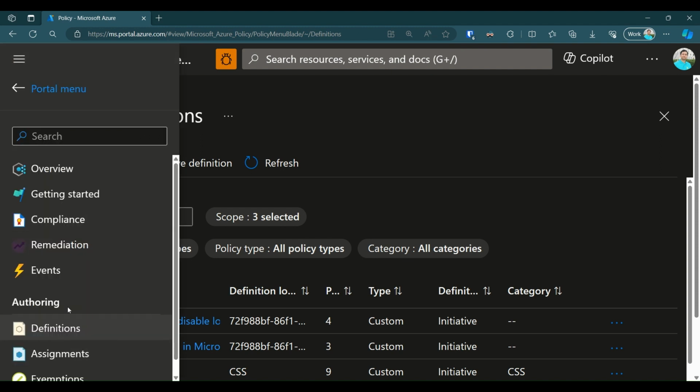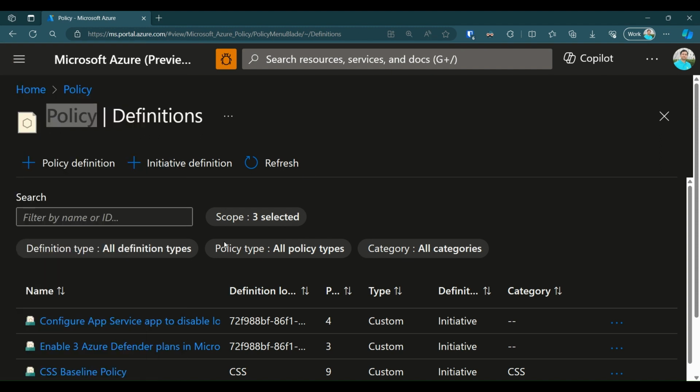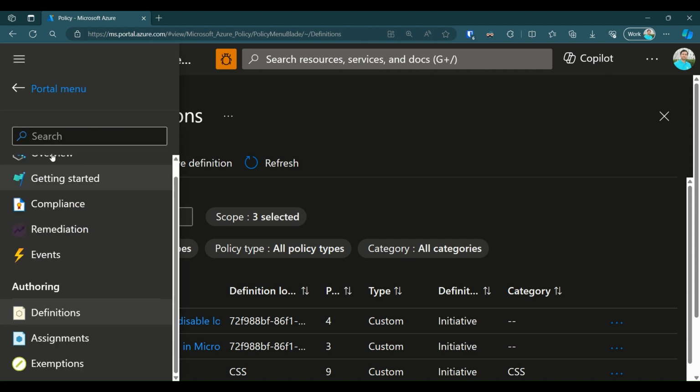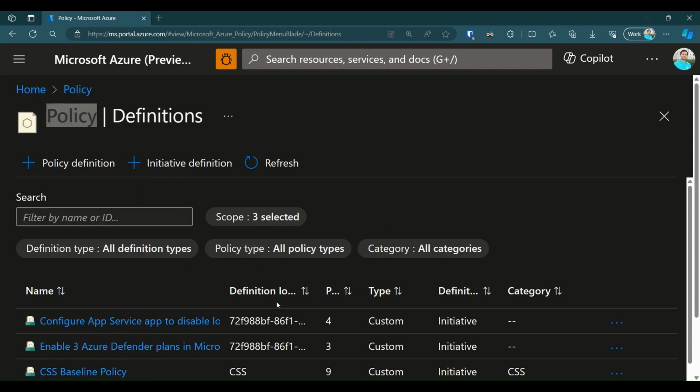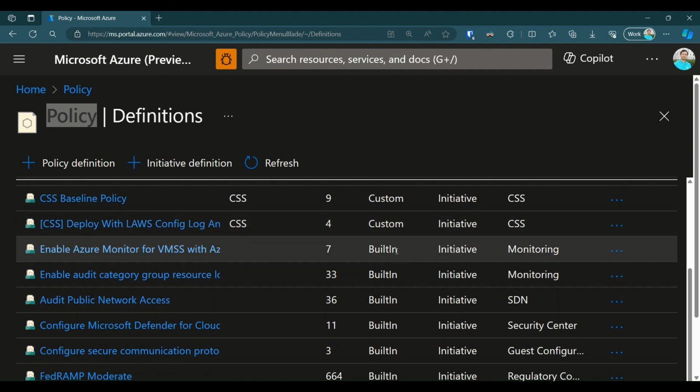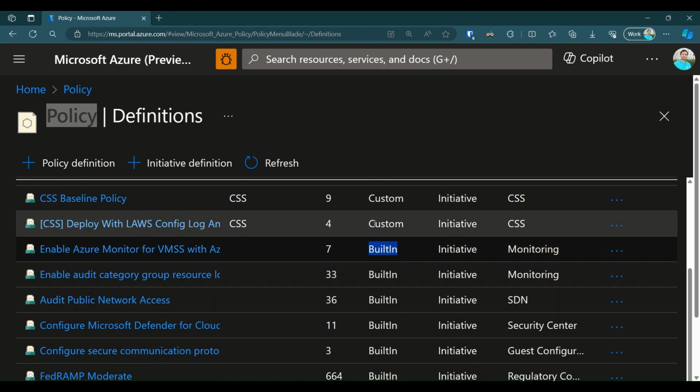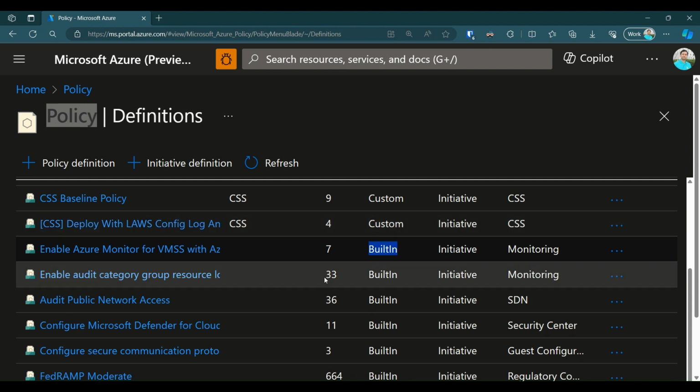On the left hand side, this is zoomed in, so my menu is popping up like this, but it would probably be a menu on the left hand side. You would see definitions. These are all the built-in definitions, marked built-in. There may be custom ones that your organization or you might have built, but we'll look at